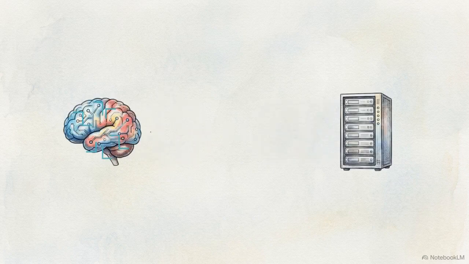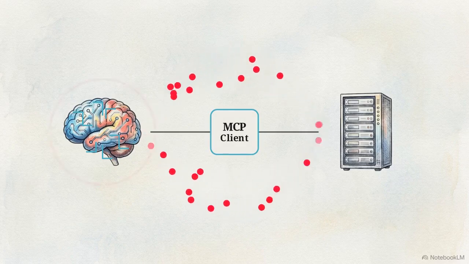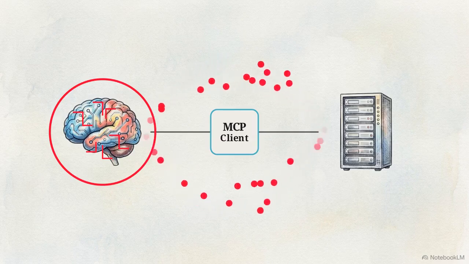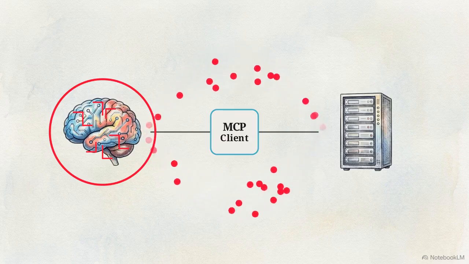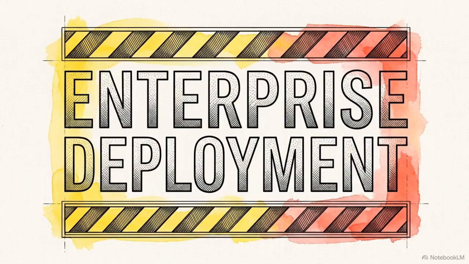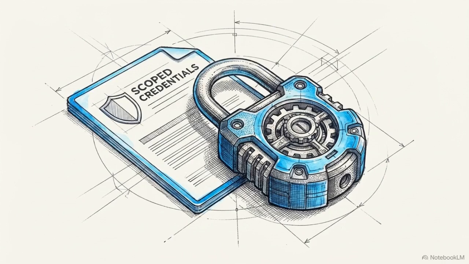Deploying this safely requires strict architectural rules. First, only install servers from verified publishers and mandate manual code reviews for any public server you connect. Second, enforce the principle of least privilege. Unless absolutely necessary, configure all servers to default to scoped, read-only credentials. Third, mandate human-in-the-loop approval gates for any sensitive or irreversible operations, whether that is writing to a production database or